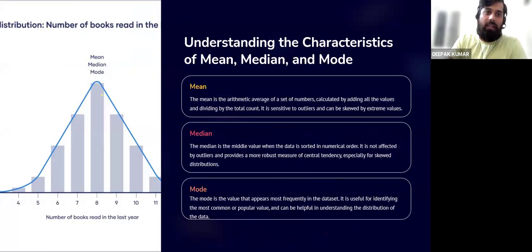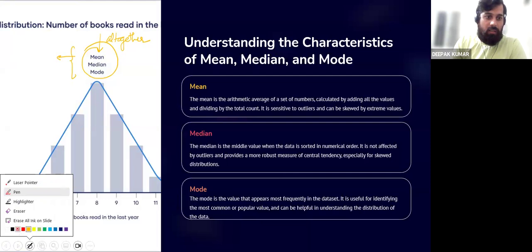That's why I have chosen such a topic which anyone can understand, correlating with their type of work. And if you see this graph over the left hand side, here mean, median, and mode are written all together. If I give you the name of such a graph in statistics, we call it